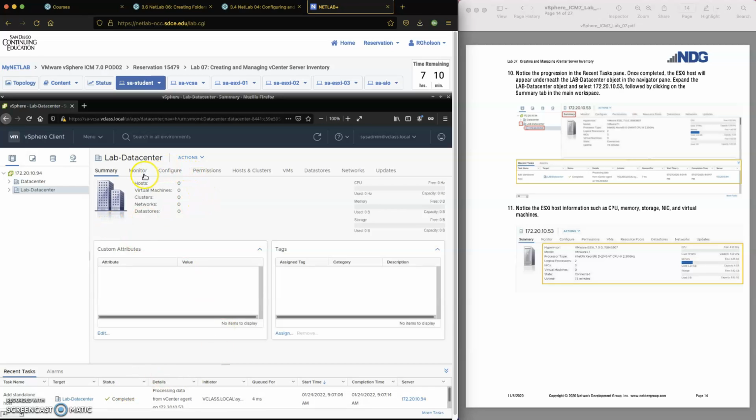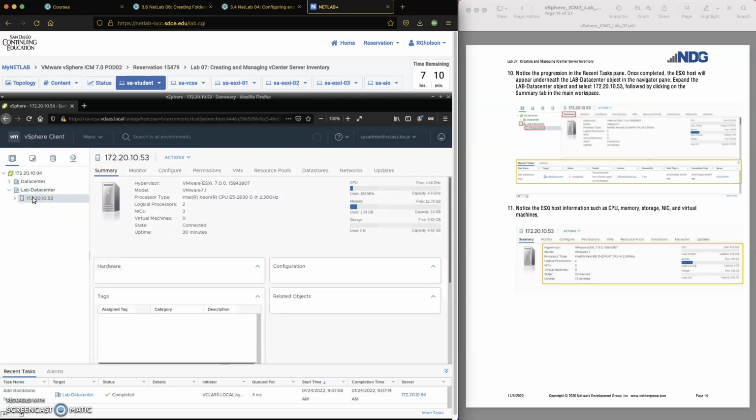Now, I don't see a host up here yet. So we know that we've added the host. So if you recall, there is a refresh button here, and I can just click that. And that gets the vSphere client to interact with the environment, talk to the database. If it needs to, it's going to interact with the ESXi servers, etc., and then reloads the information. And then you can see that I've got a single host, and now I have a network, and now I have a data store. And if I expand that out, you can see that there is, in fact, that ESXi